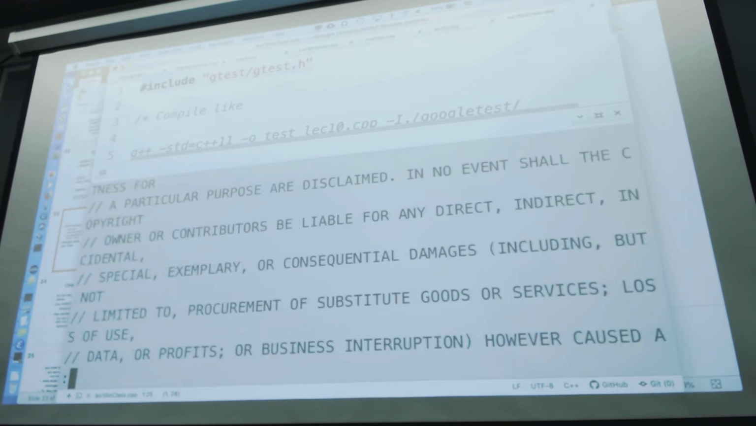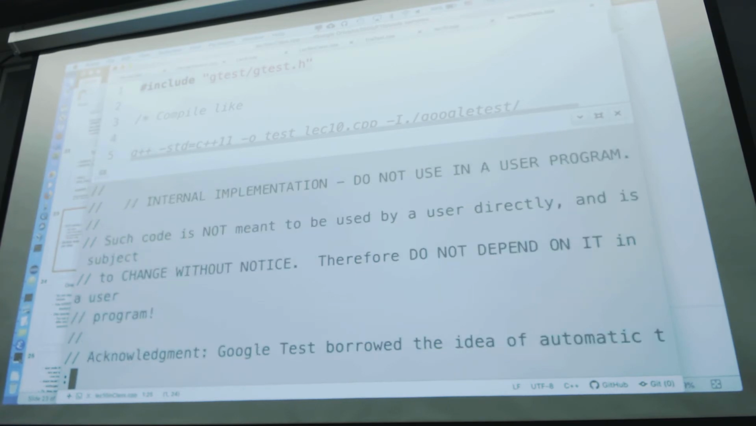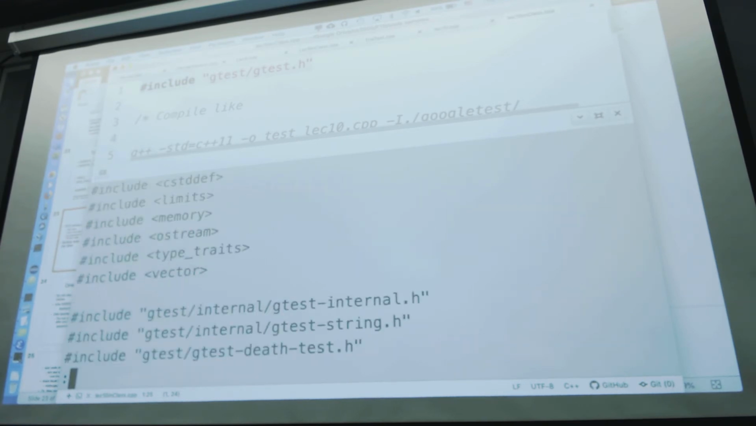There's a lot of legal stuff. What I expected. And then this thing basically just includes other things. So,